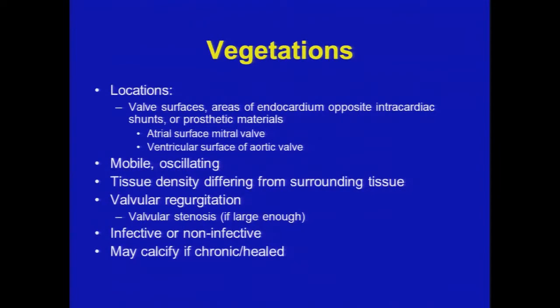Vegetations occur at areas of endocardium opposite intracardiac shunts or prosthetic materials and on valve surfaces. Characteristically, they are found on the atrial surface of the AV valves and on the ventricular surface of the semilunar valves. They're highly mobile, independently mobile and oscillating. They have a tissue density that is different than surrounding tissue, and they generally cause some degree of valvular regurgitation due to tissue